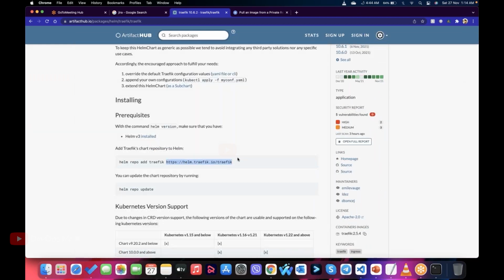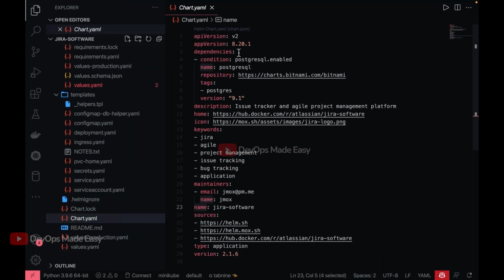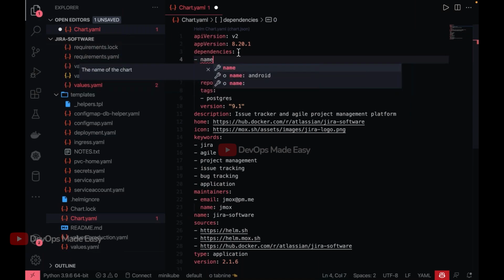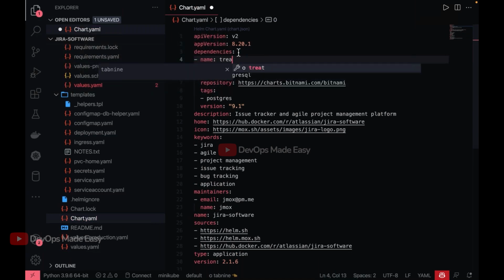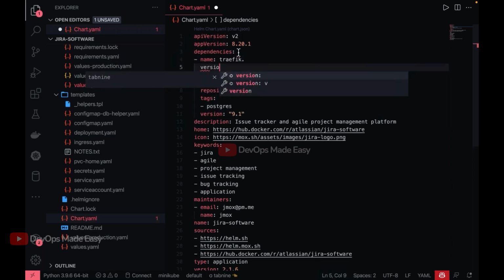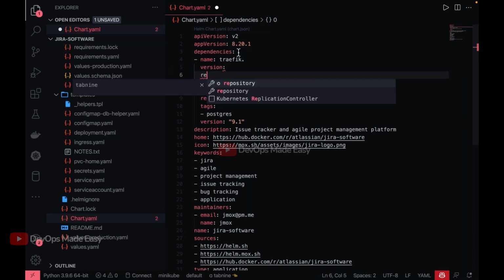Instead of adding it manually and then pulling it, I'll open the main chart, which is the Zira chart, and go to the chart.yaml file, and see here there is a dependency section. I'm going to add one more dependency. The name of the dependency is Traefik, and then the version of Traefik that I want to pull, and the repository information.